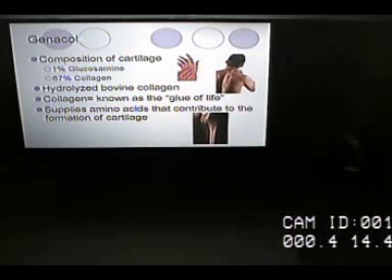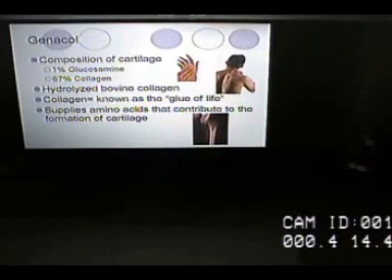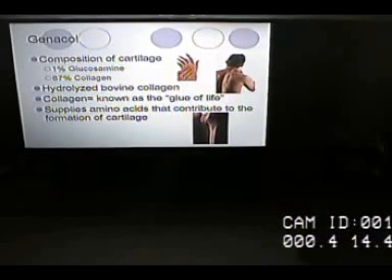Genicol is a newer one that we brought on last year. This one is a collagen product. It's a hydrolyzed bovine collagen. What they were saying in their brochure is, why would you want to do something like glucosamine, because only 1% of the cartilage in the body is comprised of glucosamine and 67% of it is collagen. There's also a tremendous amount of other benefits with the collagen, with the skin and whatnot too. So this is one that I have recommended to a lot of people as well, and seeing great benefits for a variety of different things.